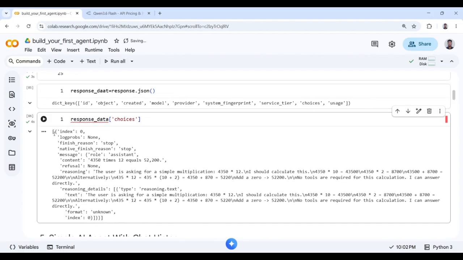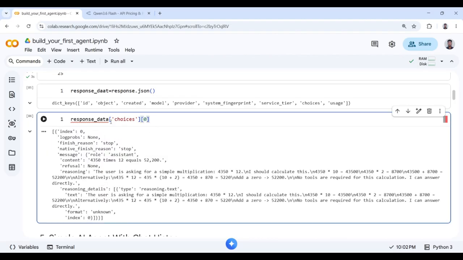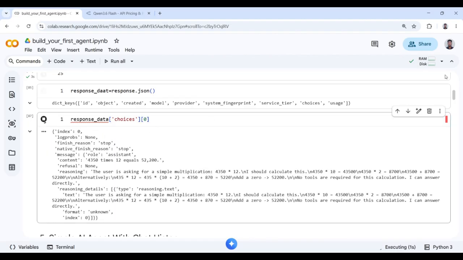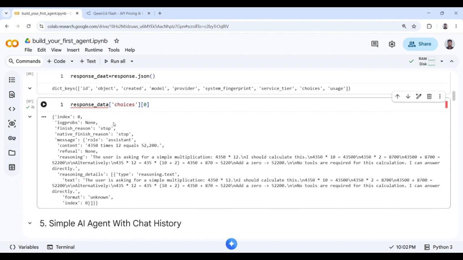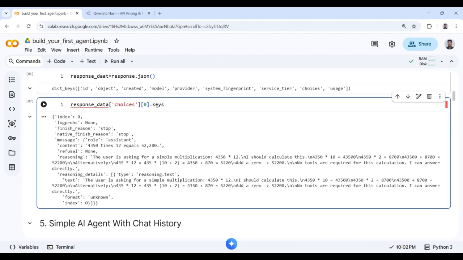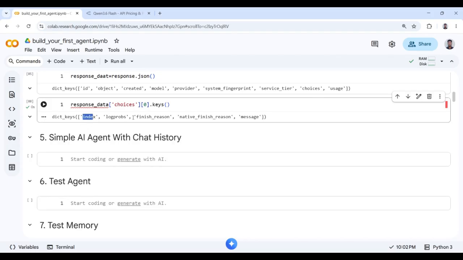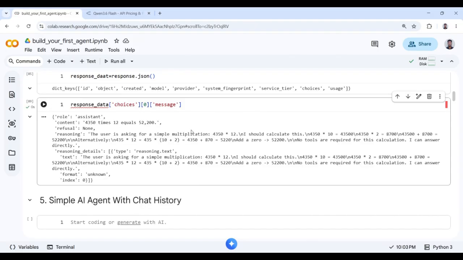In this part, we have a list. So we have to take 0 because we have only one value in the list. So we get a dictionary. Now we can ask for the keys. What are the keys? So we have index, logprobs, finish reason, native finish reason, and let's take this message. Go to message and let's see how the message looks. So role is assistant, content is